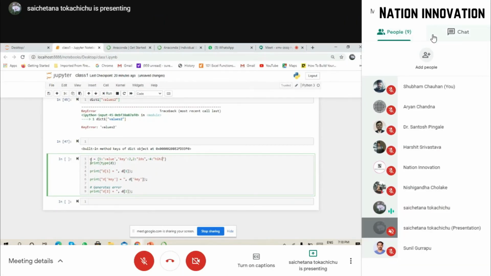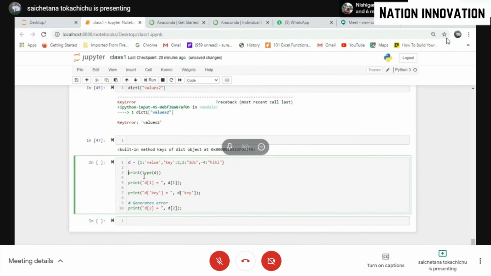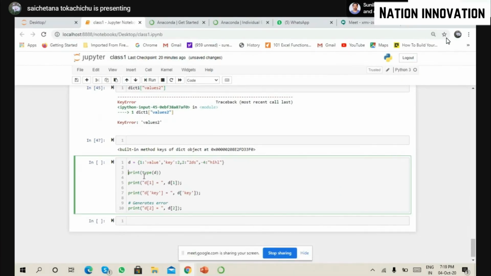Will this dictionary, D dictionary, give me an error or not? Yes, it will give me an error. Why? I think the keys should be strings or characters. Keys should be strings or characters. Anything else? Anybody? Guys, anyone else?